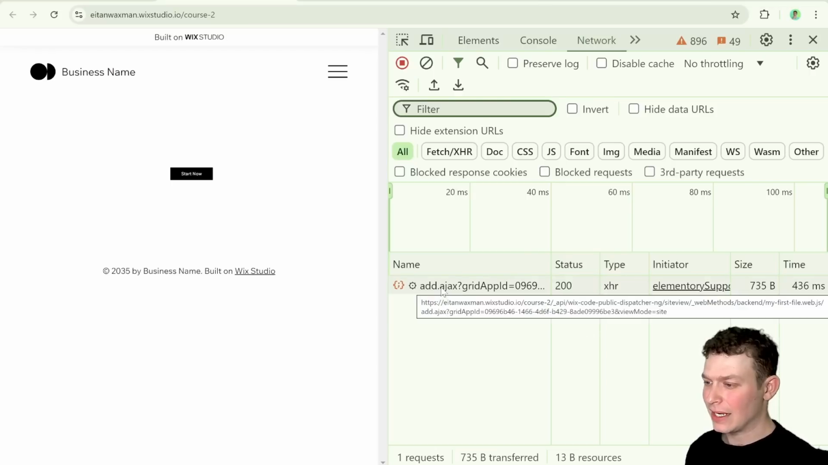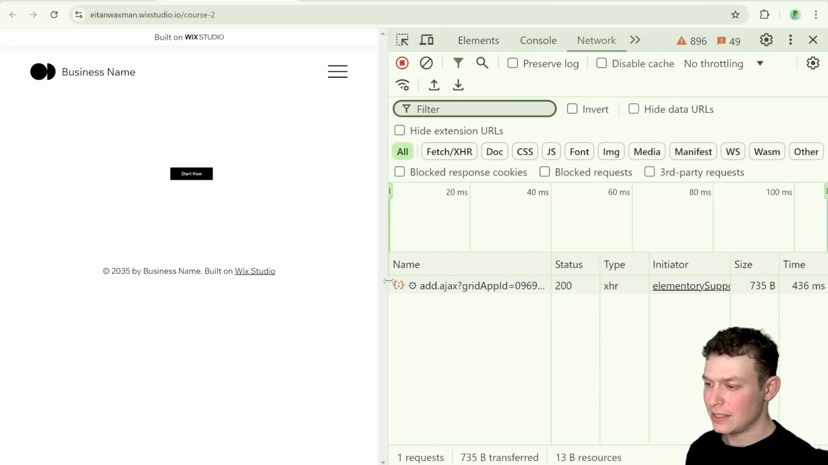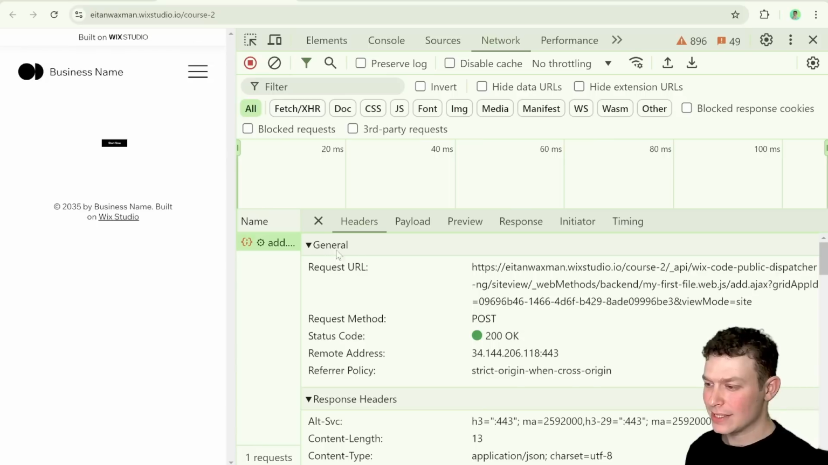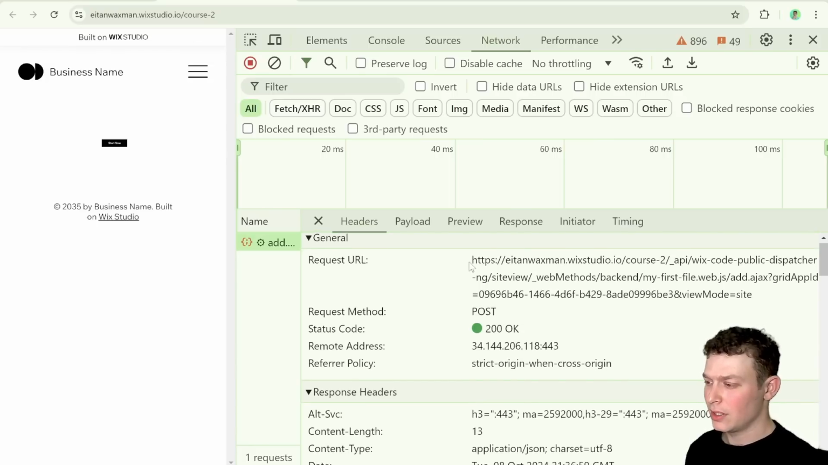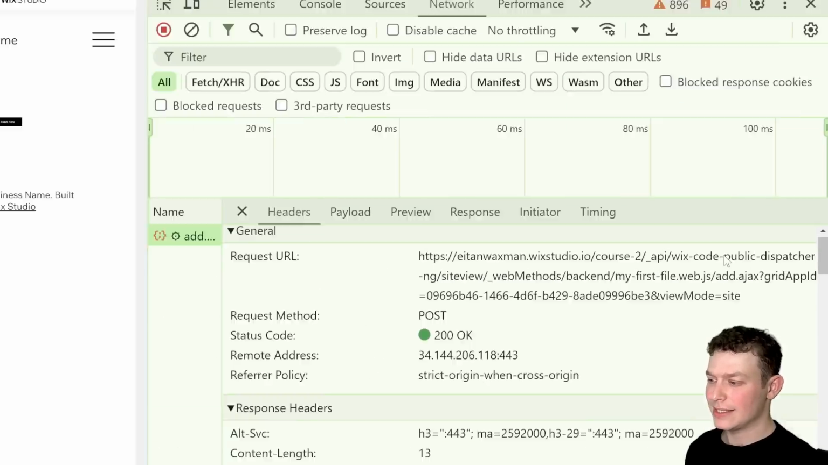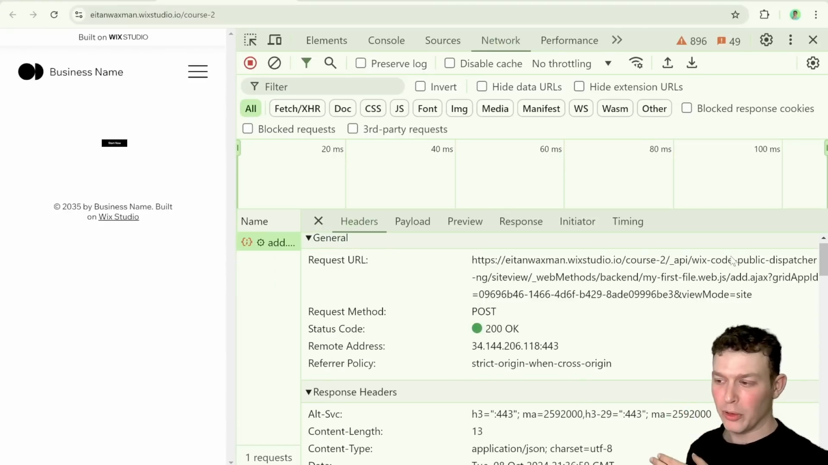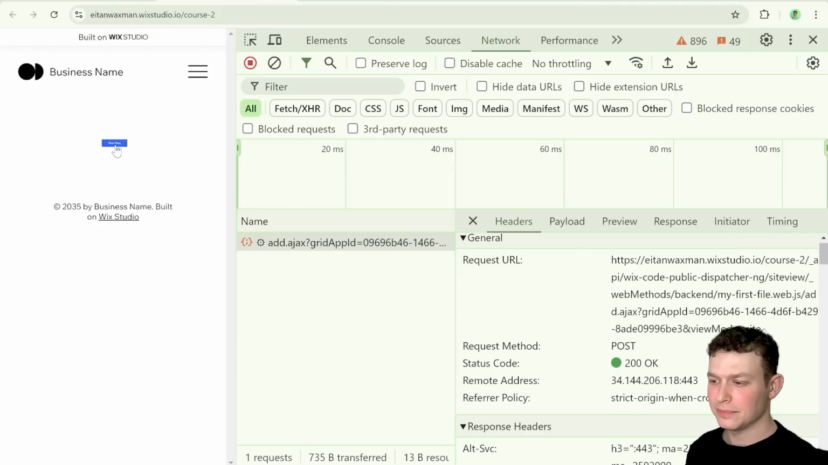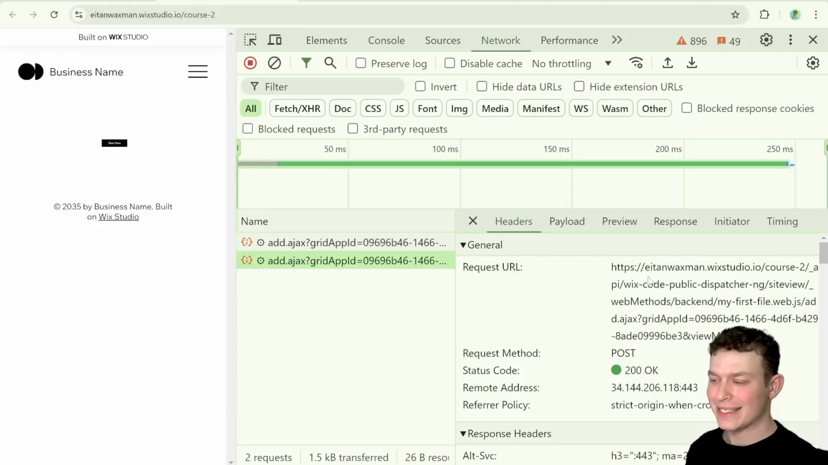And you can see here that essentially what happened is that behind the scenes, we have a network request that was made to this URL. So you can see here the name, the domain of the site, /course2, /API, etc. So it's quite a long endpoint. But every time I click the Start Now button, let me go ahead and click it again, you can see that a new network request happens. So even though it's structured to look like an imported function in the front end, essentially every time we call that function, there is a network request between our front end and our server,